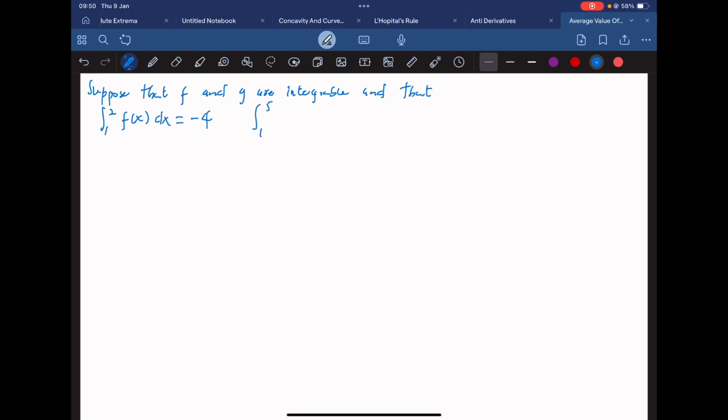We have the integral of this to be 6. And we also have the integral of this to be 8. We have to find